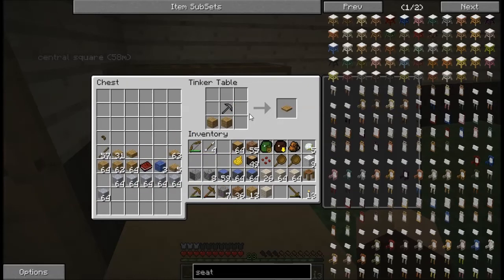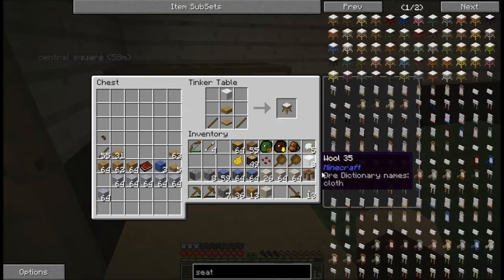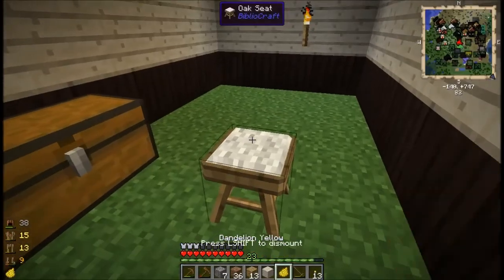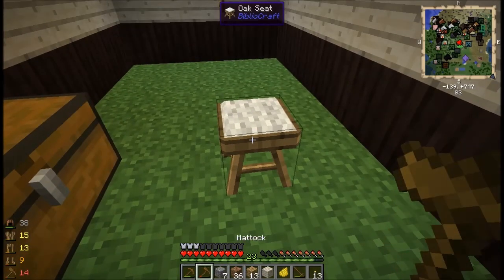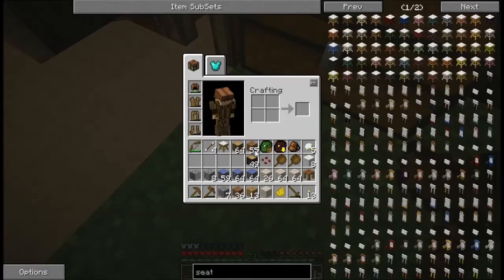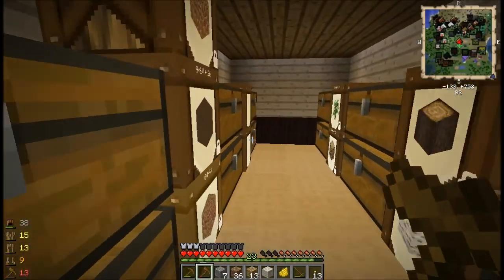Alright. There's that. There's that. These. And this. Alright. So place that down and... No, that's not it. Let me out. Okay, so I guess maybe I have to craft it in my inventory? No. Alright, one last try. Only this time...